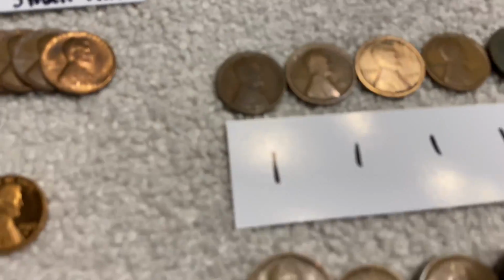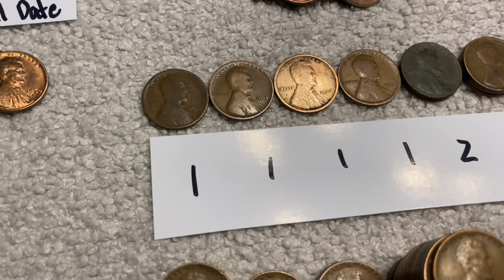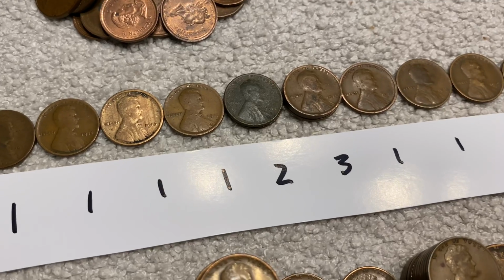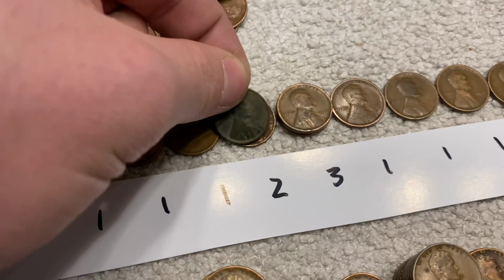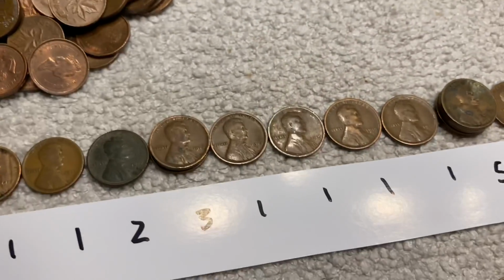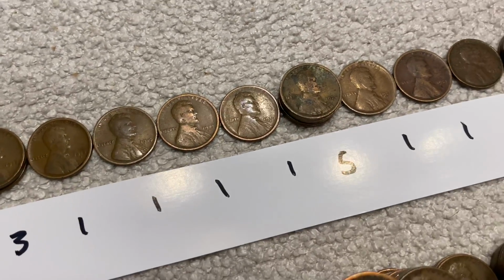And let's start off with our oldest. We had one 1913, a 1914, a 1916, a 1917, two 1917 Denvers in the same condition. Both look like they came out of the ground. Three 1918s, a 1918 S, a 1919, 1919 Denver, 1919 S,